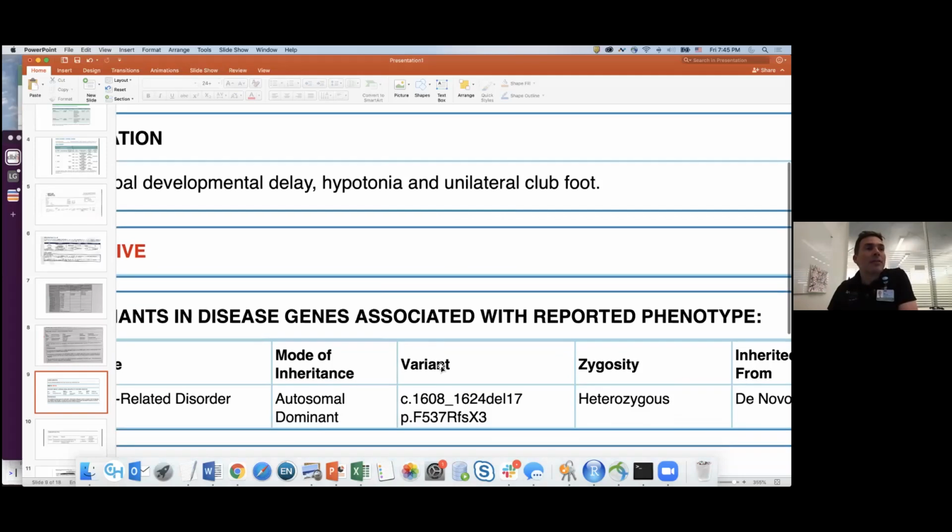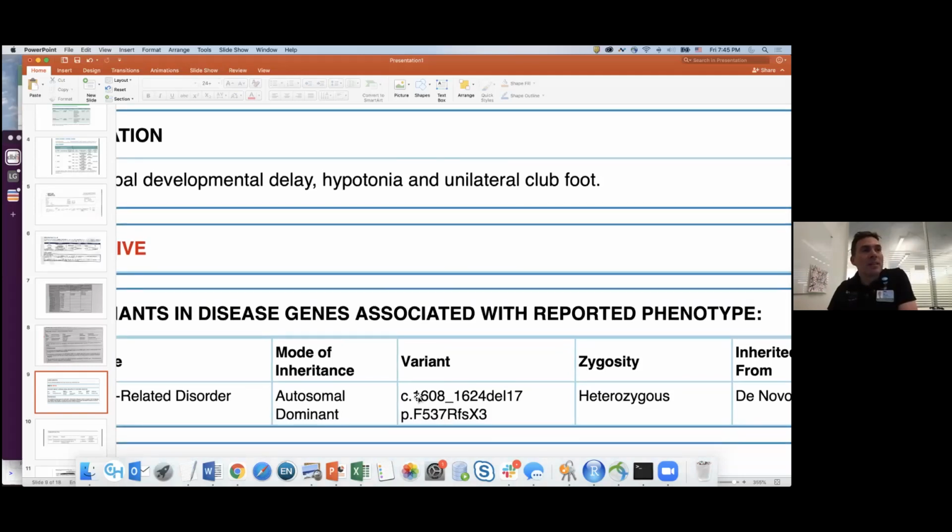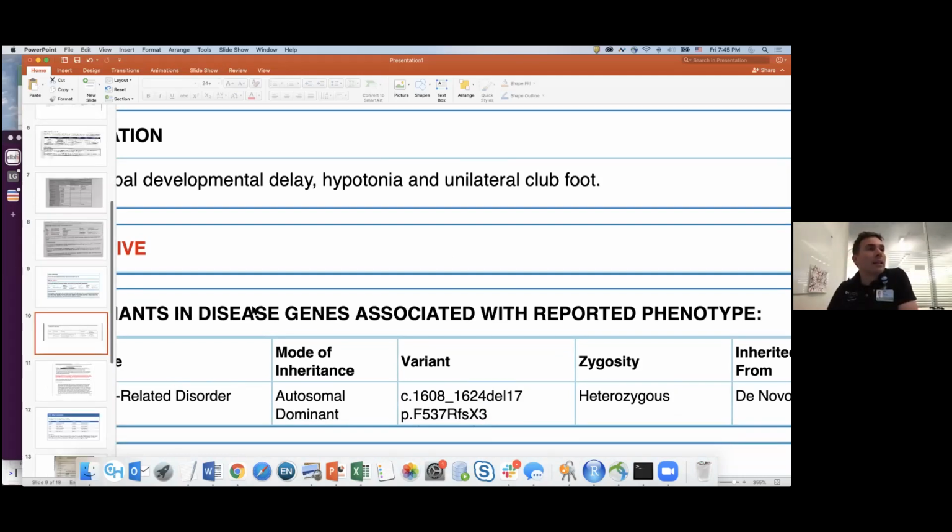So here we have a similar situation. We can see this is a C dot, and you can see the del here. Del means that this leads to an X, and X means that the protein is stopped. These changes are protein truncating variants. Those are the same as stop mutations. And this leads to a loss of function. And then let me do